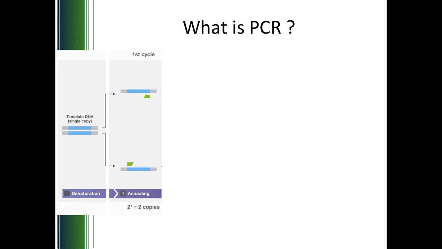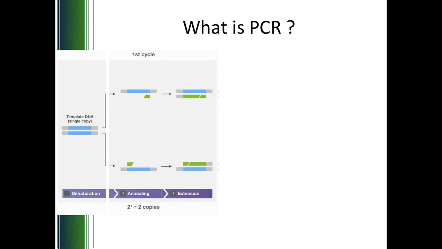PCR products will be formed only where the primers bind with the virus specific, in this case SARS coronavirus 2 specific, DNA. So when we have PCR product, the test is positive. When we don't have PCR product, the test is negative. That is the second step, binding of primers to the separated DNA strands. For this, the temperature is reduced from 90 degrees centigrade to, for example, 55 degrees centigrade.